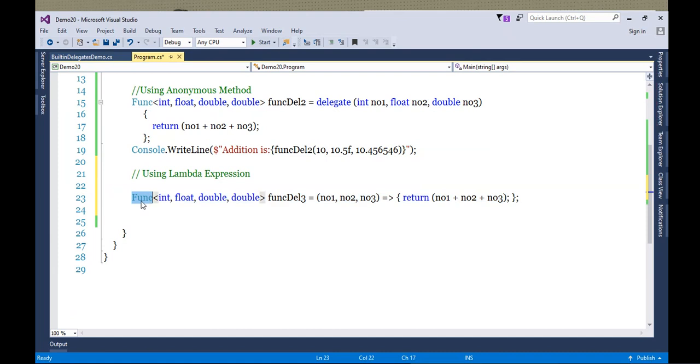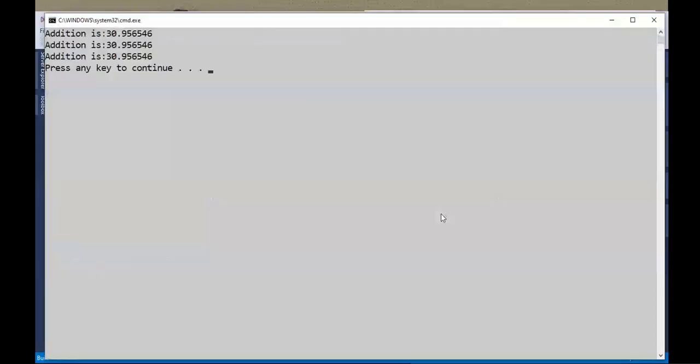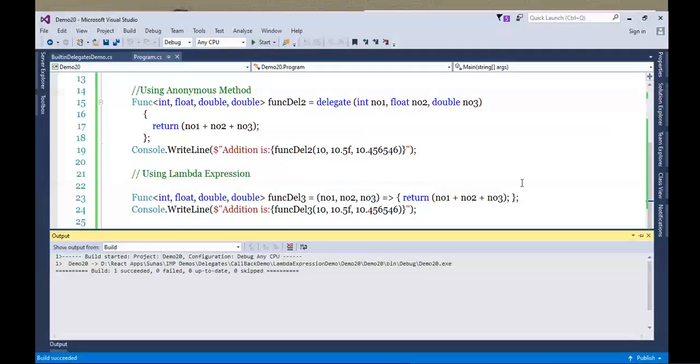By using built-in func delegate, we directly written the logic. Okay. So this is how you will combine the functionality of all the previous concepts with func delegate. I will get same answer.